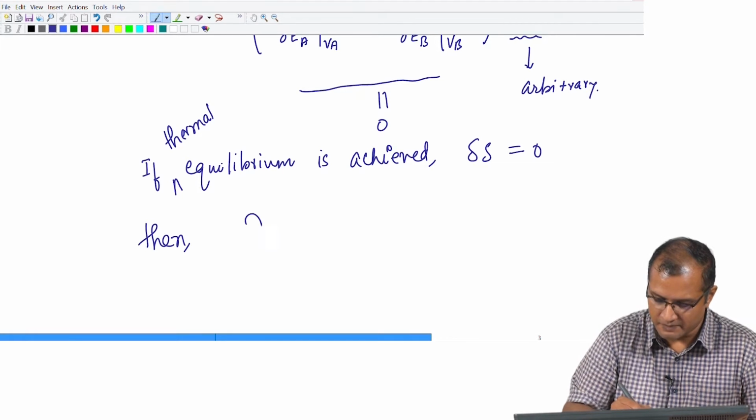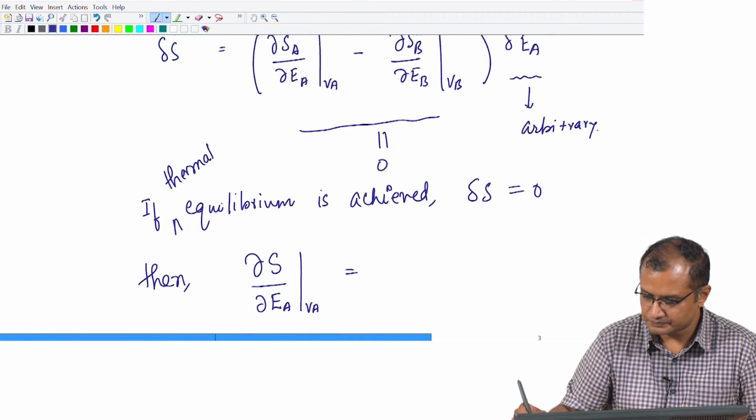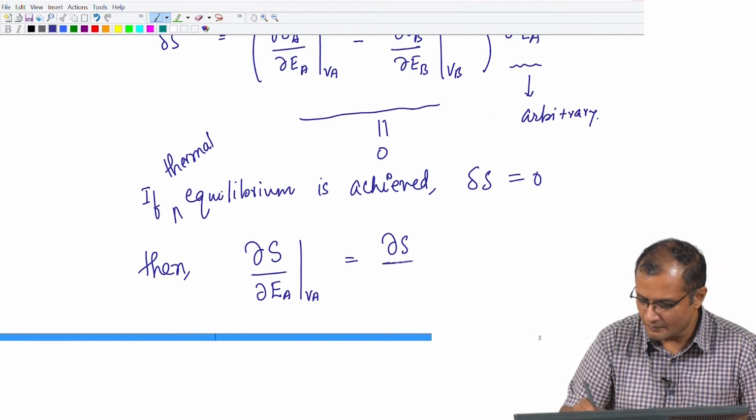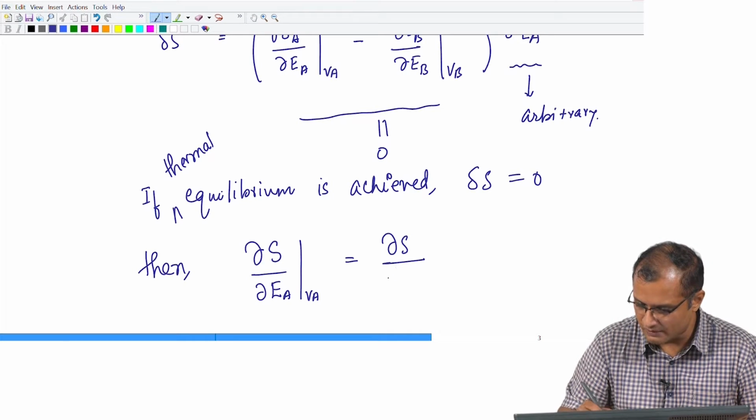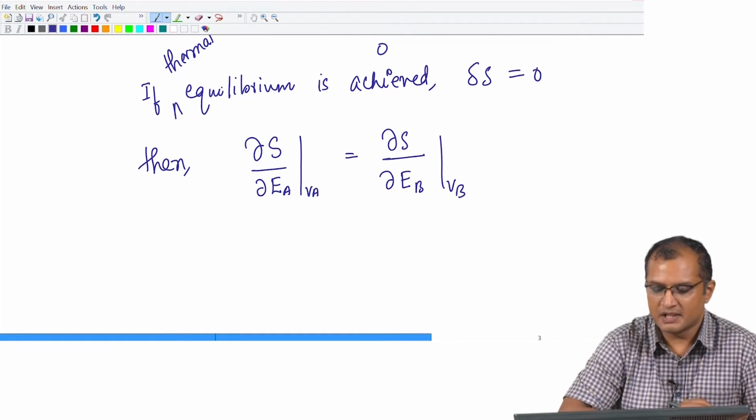The prefactor is simply delta S_A over delta E_A at constant volume minus delta S_B over delta E_B; if the bracket is 0, it means these two values are equal. This is the condition for equilibrium,